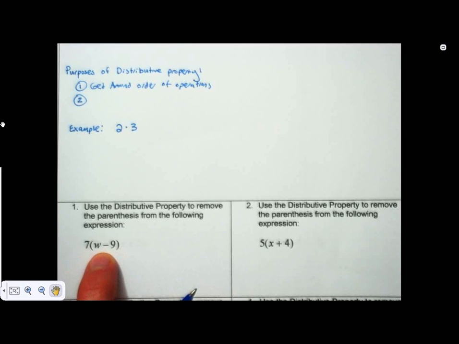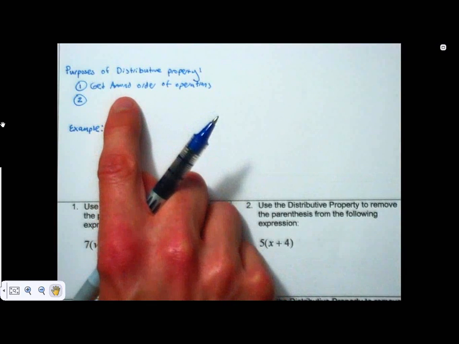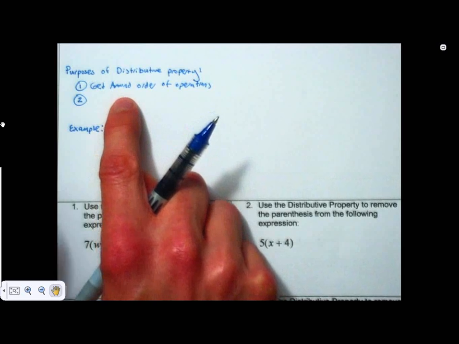And if you notice that group, according to order of operations, I'm supposed to do w minus 9 first. Well, w minus 9 is as simple as you can get. I can't combine these two terms, so I can't really convert this into a single term. This is as simple as it gets. So the first purpose of the distributive property is to get around order of operations. And then the second purpose is what we alluded to earlier. It's actually related to the first, is to remove parentheses